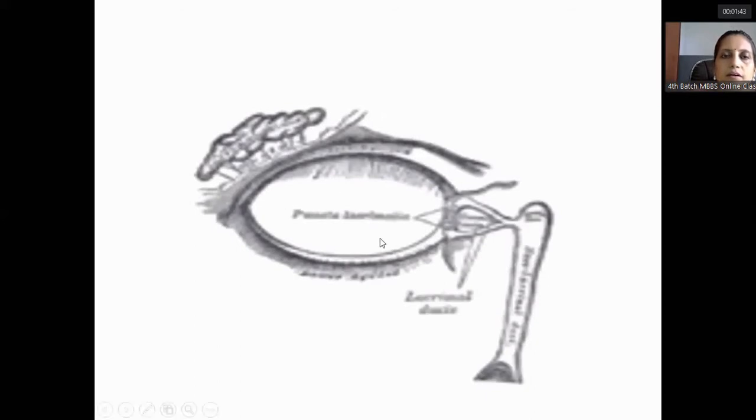So this is an eye where we have a lacrimal gland which secretes the aqueous tears, and these lacrimal drops drain over here through the duct into the eye, and come to the medial side with the help of capillary action and the lacrimal pump mechanism. The tear goes from here to the lacrimal punctum, then the canaliculi, common canaliculus, lacrimal sac, then the nasolacrimal duct, which drains into the inferior meatus.